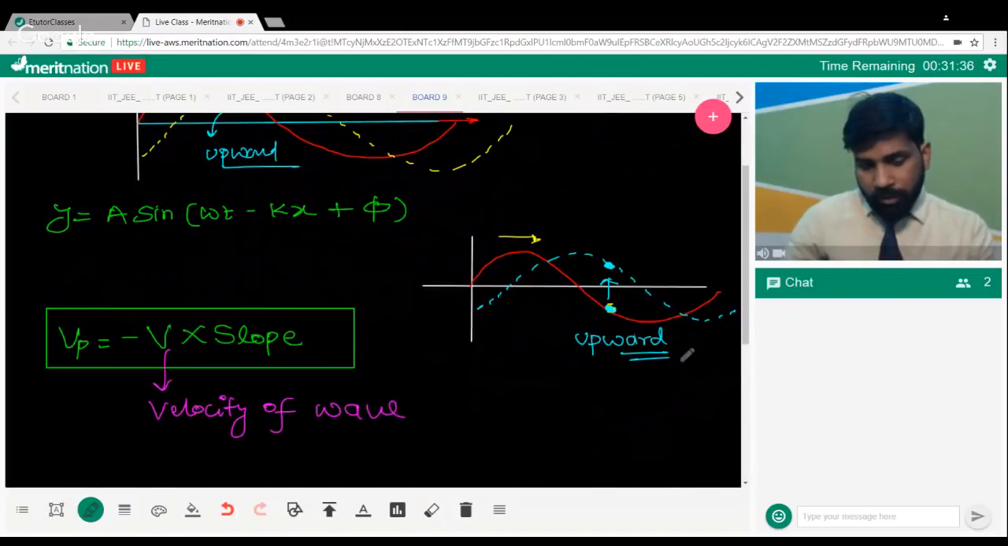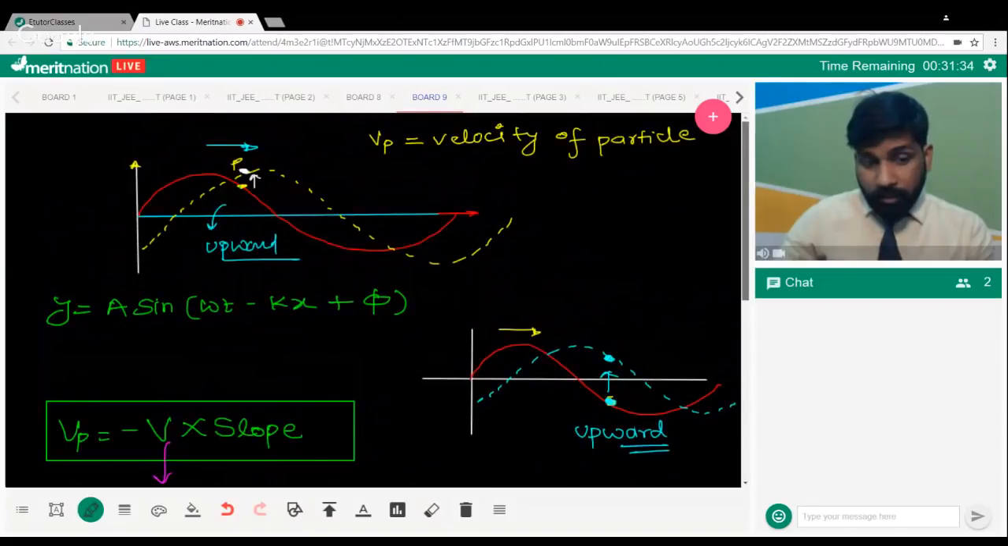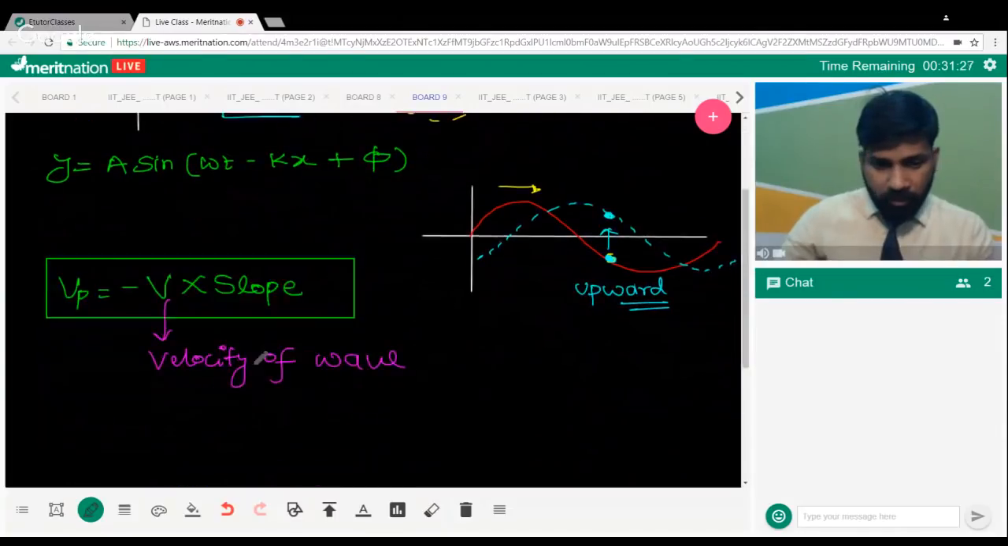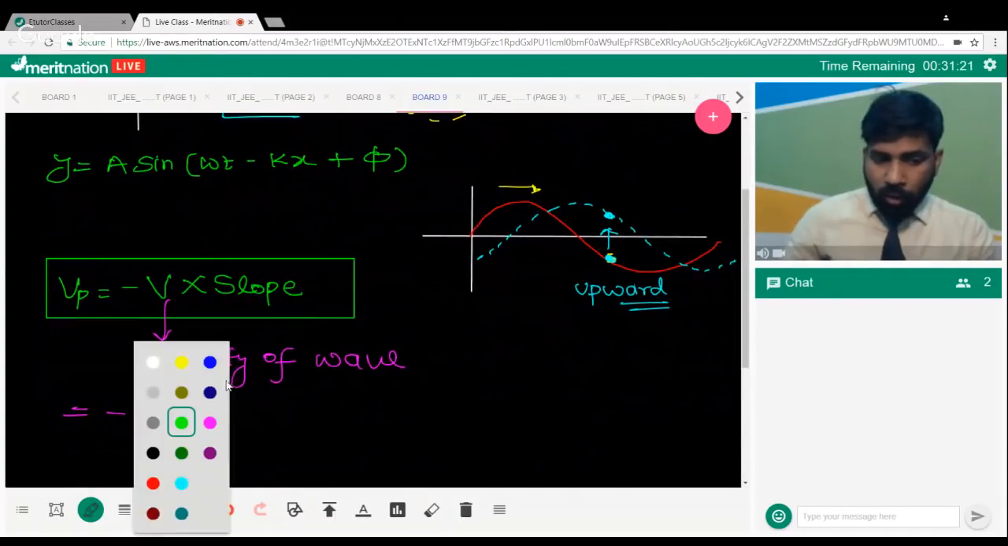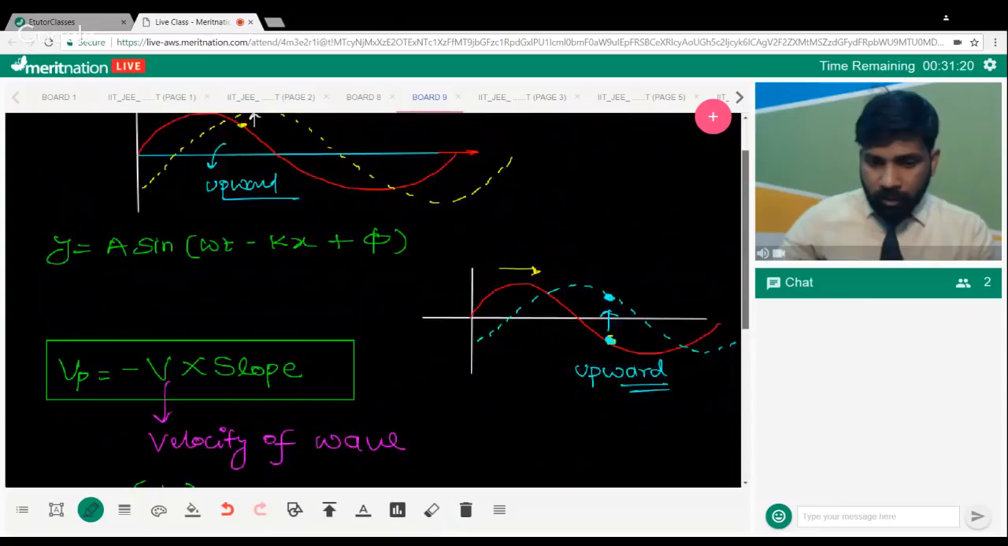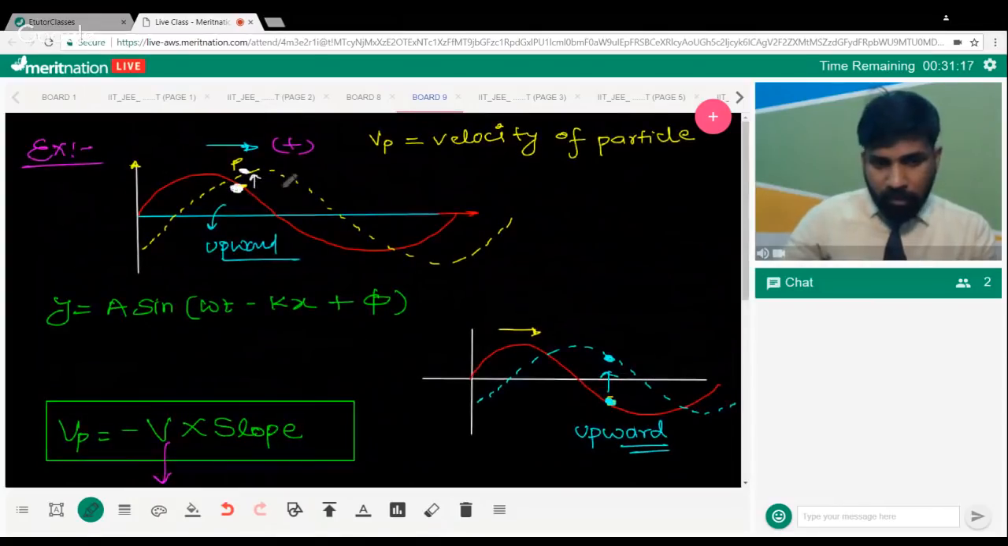So students, in the above case, in example one, you can see the wave is traveling towards the positive x-axis. So here the direction of v is positive. Now what about the slope? This is our P point. So we can draw a tangent at the P point